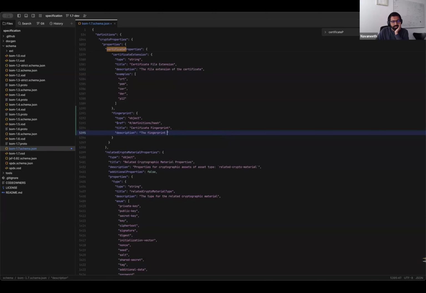So yeah, if you want to be precise, Nicholas, this is a cryptographic hash of the certificate, excluding the signature. So the fingerprint is basically... please go ahead. No, I was just saying, if you want to be precise in the description, the fingerprint is a cryptographic hash of the entire certificate, but excluding the signature itself.